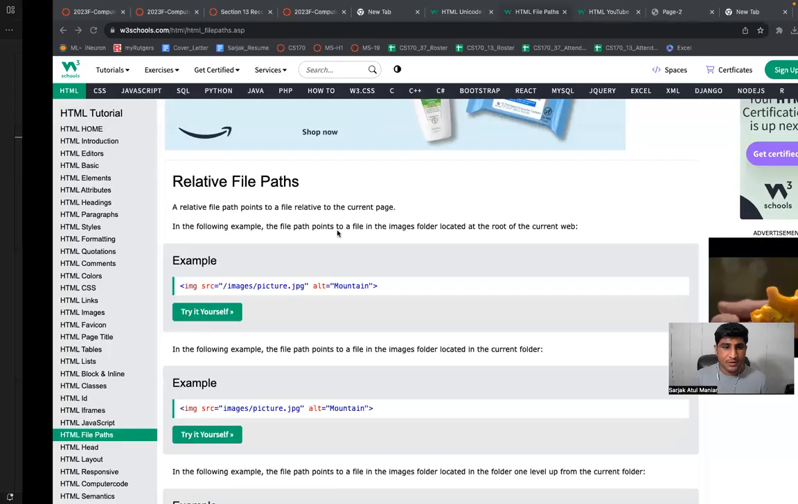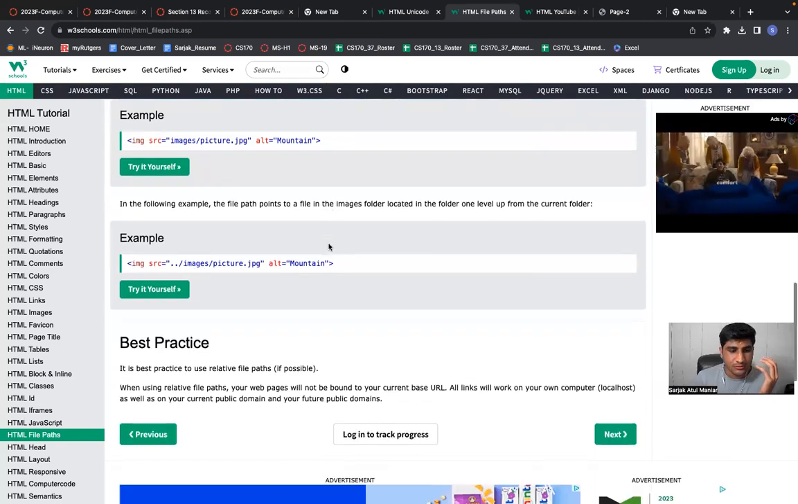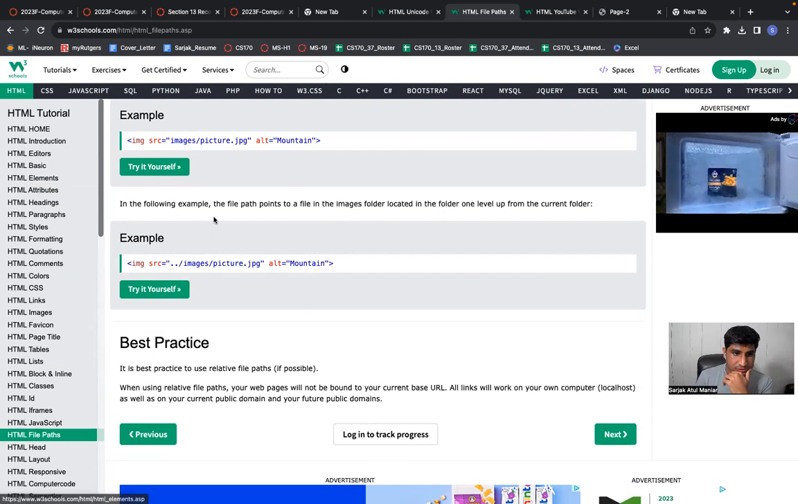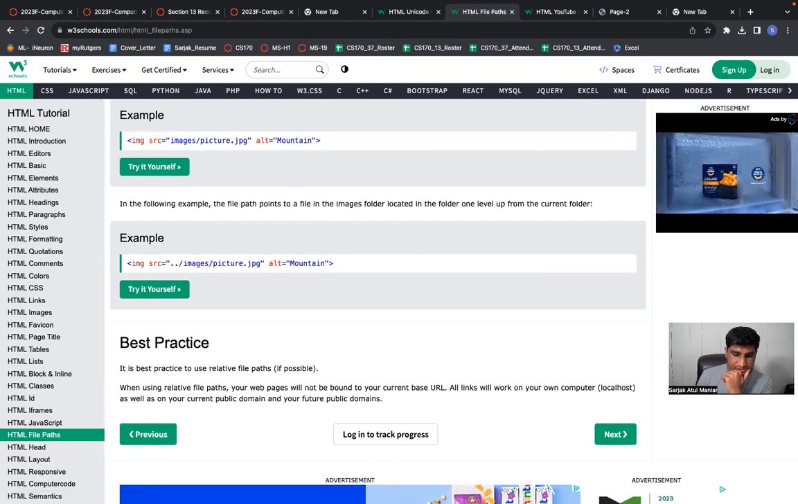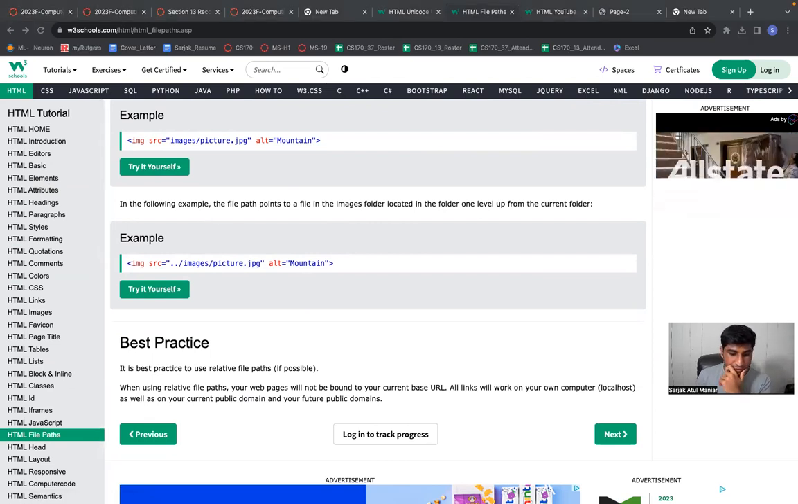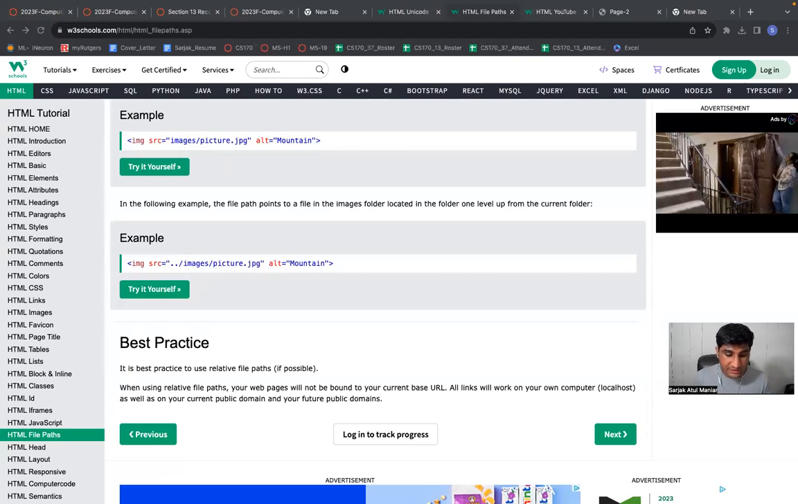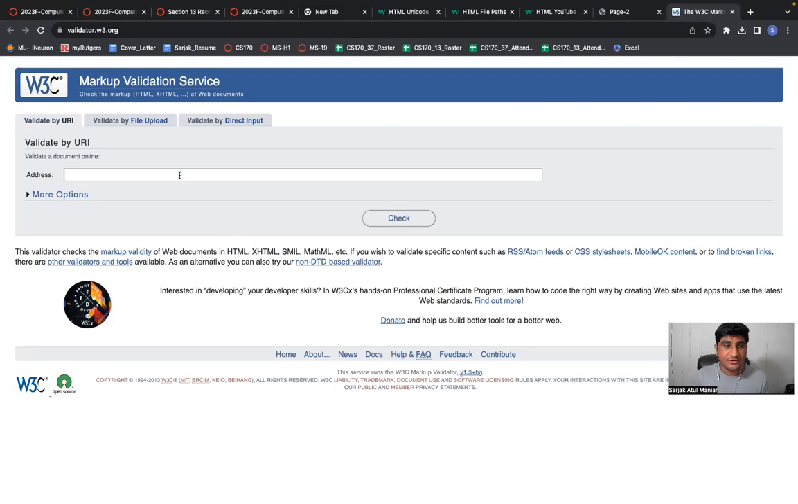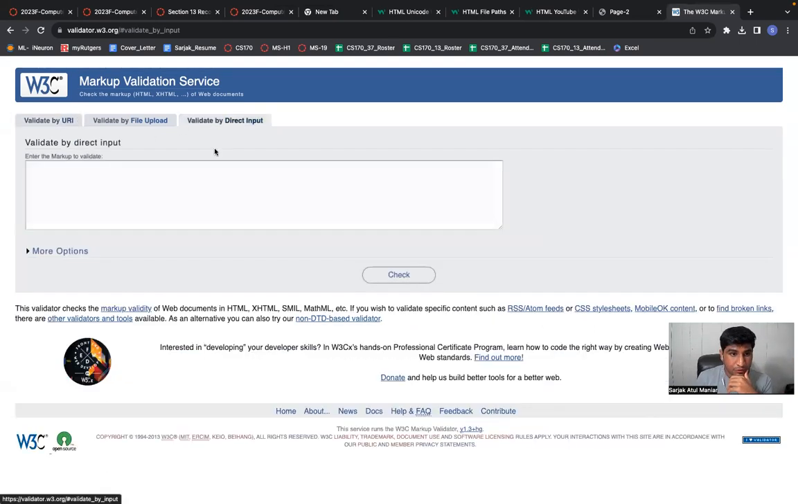So yeah, make sure you go through the different topics present in W3Schools. One more thing I want to highlight is the W3C validator. For example, if I open this link, this is a markup validation service, which is free to use. If you click here, "Validate by direct input",